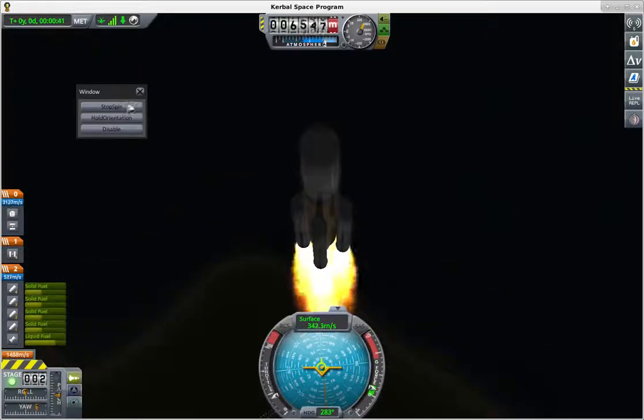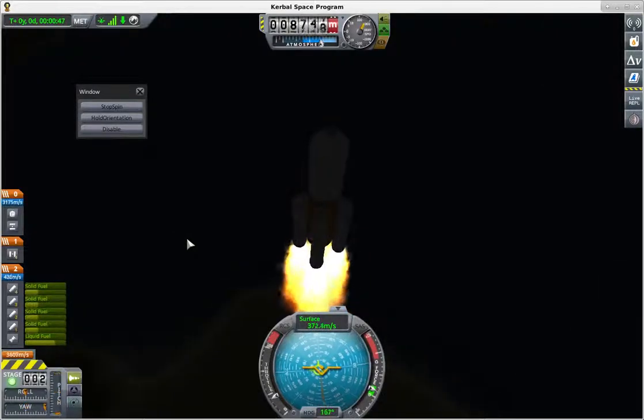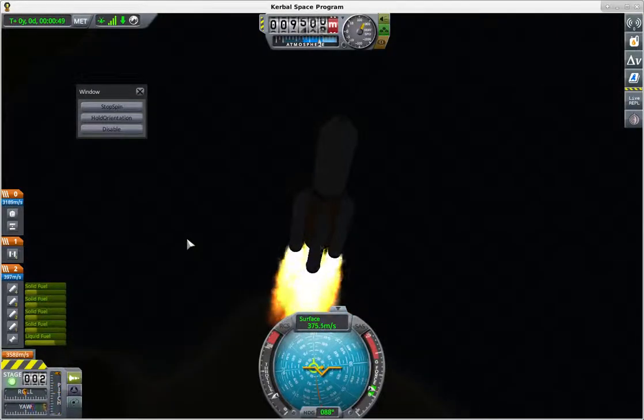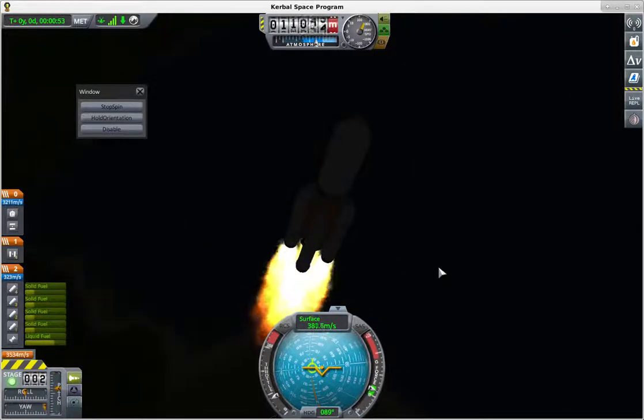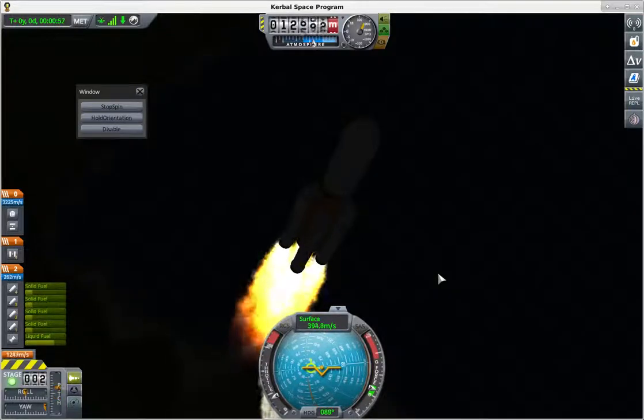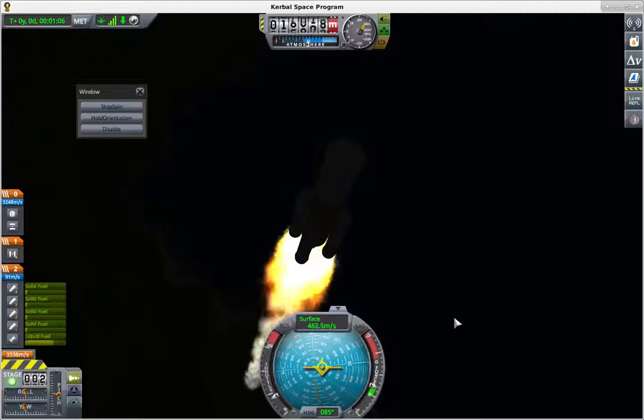So I can stop the spin. This is the same as SAS. So if I move it over to here, it will just try to keep the rocket stable. It works really well. Works better than SAS. You can see if I disable this, suddenly crazy things happen. So I can click stop spin, and